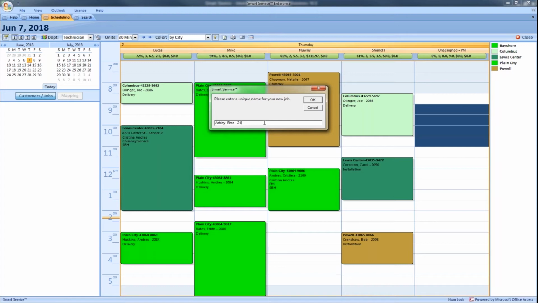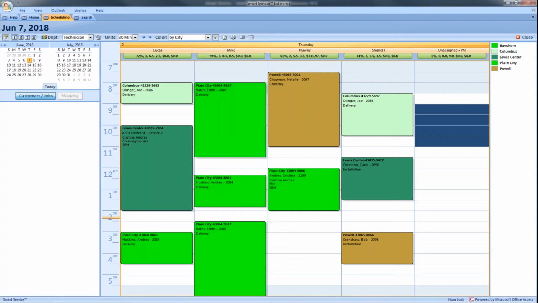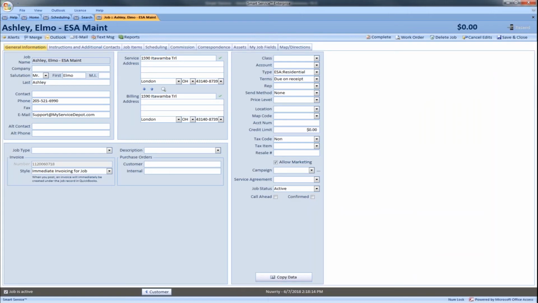So for this one, I'm just going to name this with her name and then ESA maintenance. So just abbreviated maintenance there. From here, I'll go ahead and hit OK. And then from there, once this gets opened up for us, we're going to go ahead and set up our